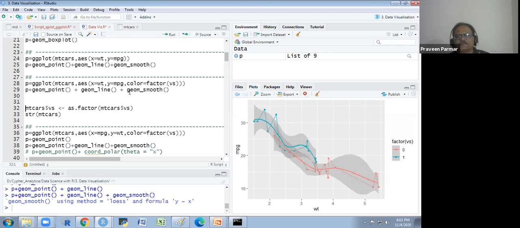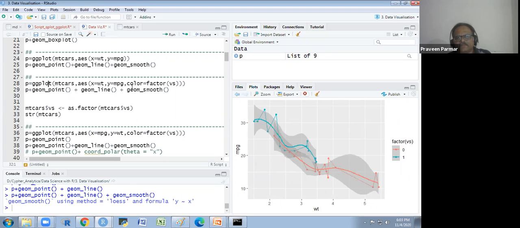Yes, sir. So here, I want only a single line graph, not double like this, and a single smooth. I want the points in two colors only.